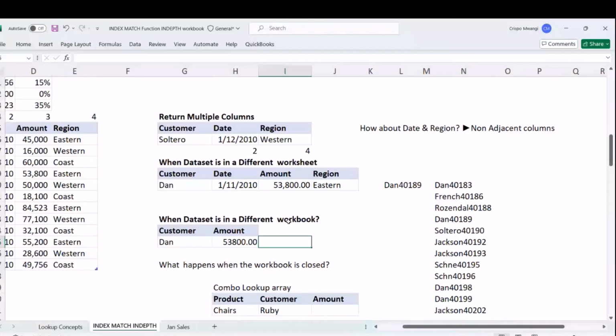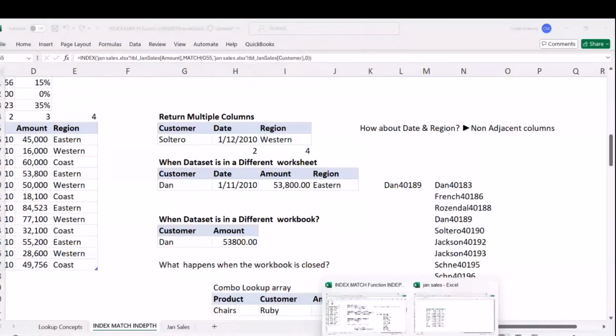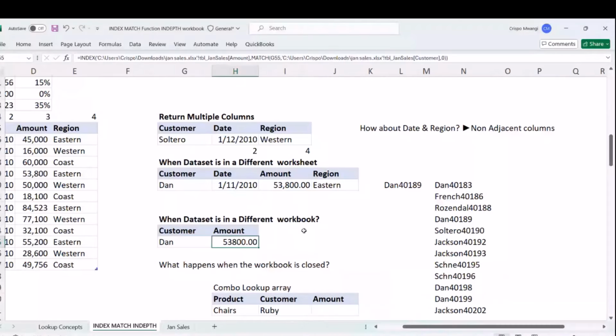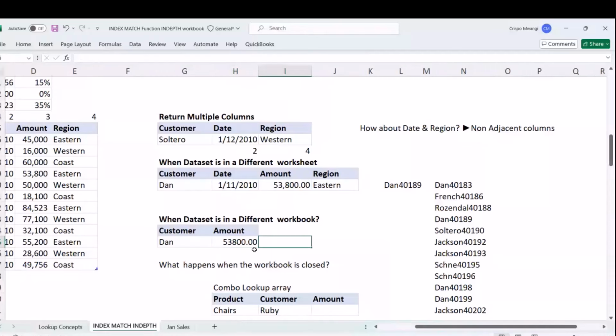So if I come and I close this workbook, my data is still there because it's in a cache somehow. So in case I close this workbook and open it again, I want you to observe this. I'll even save it. So in case I close it and I open it again,